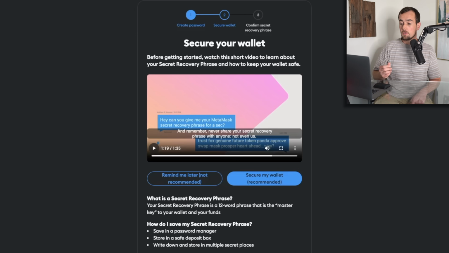So what this talks about here is your secret recovery phrase, which is the master key to your wallet and your funds. If anybody gets access to that, your wallet is as good as theirs because they could jump right in there and take control of your assets. It also mentions that even the team at MetaMask is not able to help you if you lose your recovery phrase. So it's very important, it's the most important thing actually, for you to record this and store it in